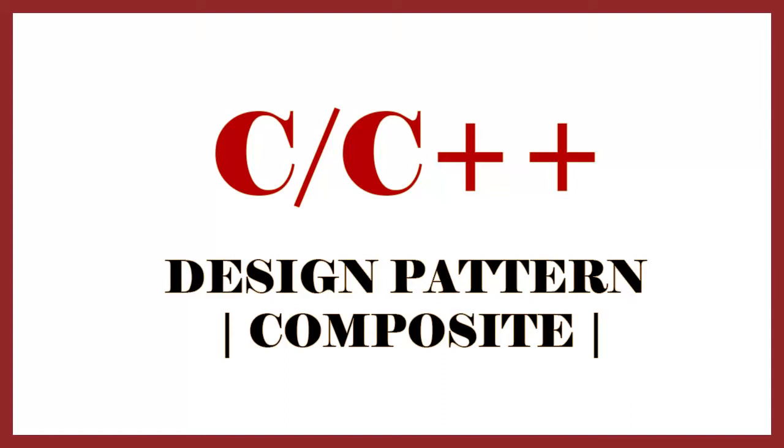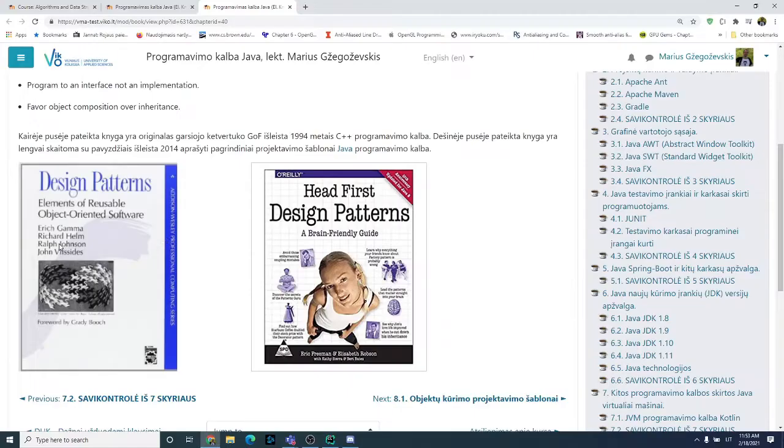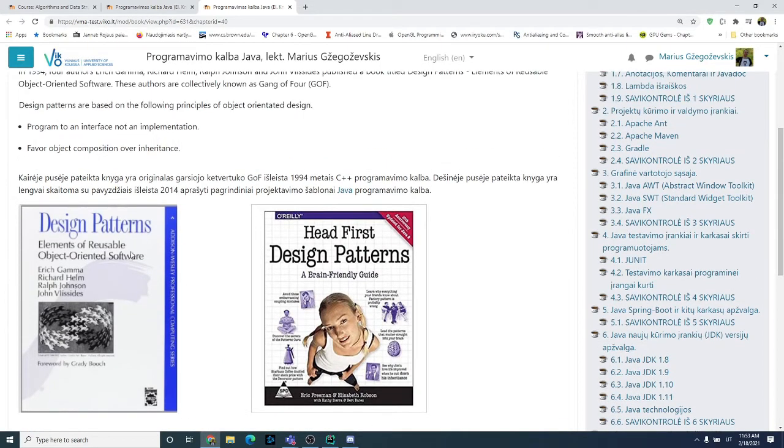There are some books I really recommend reading. I don't know just which one you need. For the C++ language, the first book released was Design Patterns, by its original authors, also known as GOF design patterns, or Gang of Four, and it was released